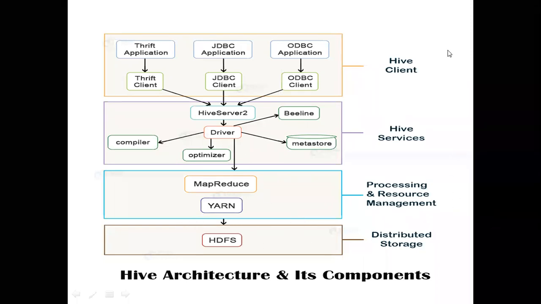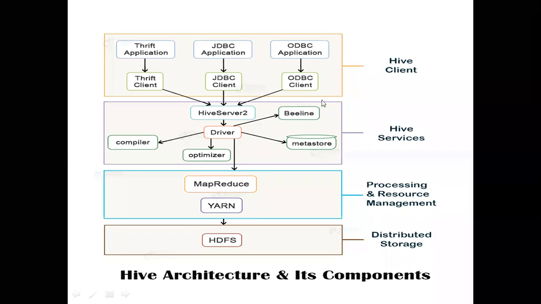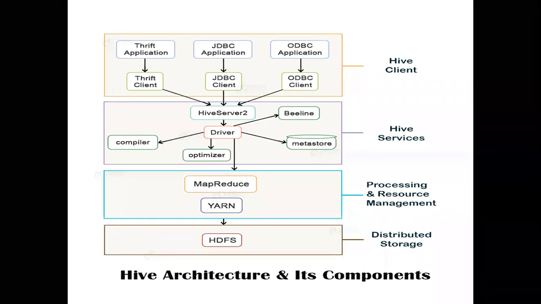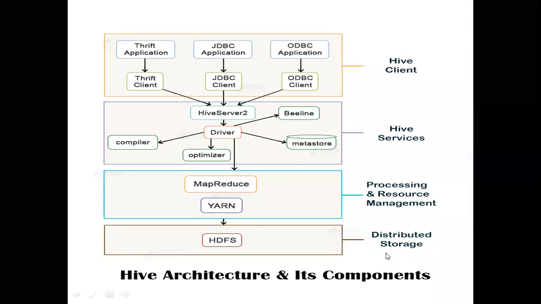If you see layer by layer, first the user interface will be there, with the Hive clients in the interface. Next, Hive services will be there. Below the clients we have the Hive services, and below that we have the MapReduce component of the Hadoop. Already we know 2 modules will be there in the Hadoop. One is MapReduce, the other one is the HDFS. Below the MapReduce we have the HDFS component, the distributed storage.